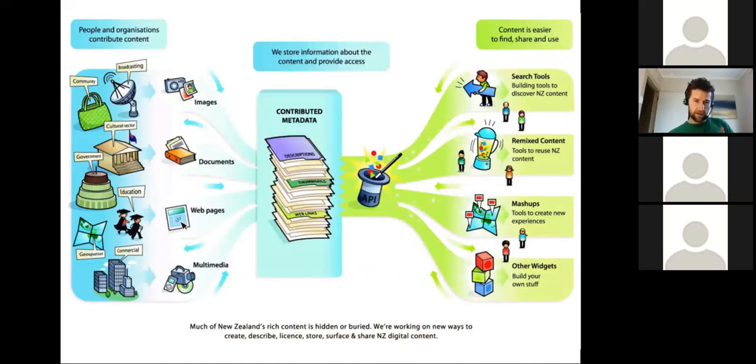the centre, being the database. DigitalNZ collects the metadata. It maps all the different content to the same kind of metadata schema, to the same place, so that then you get to the magic hat, which represents the API as access to that giant stack of metadata, surfacing it out onto the right hand side for people to use in a variety of different ways. So it enables access